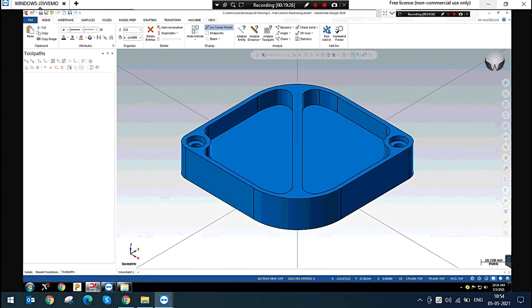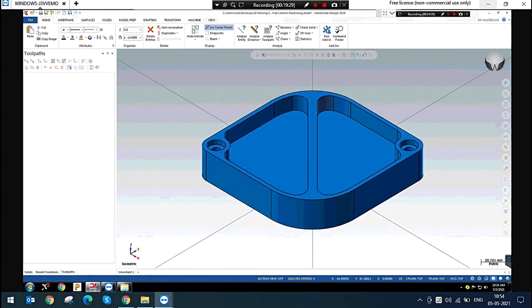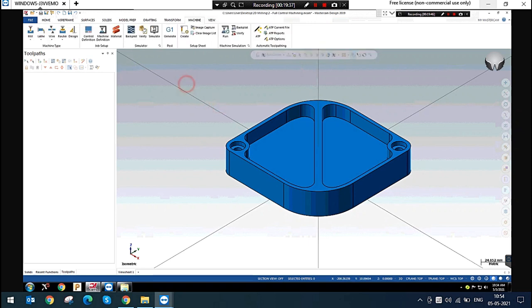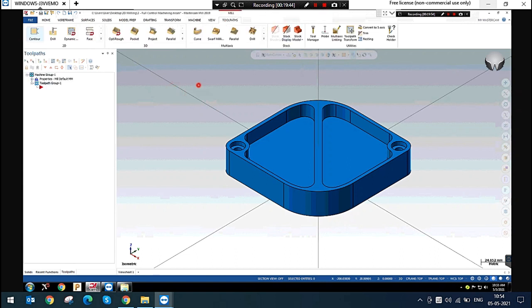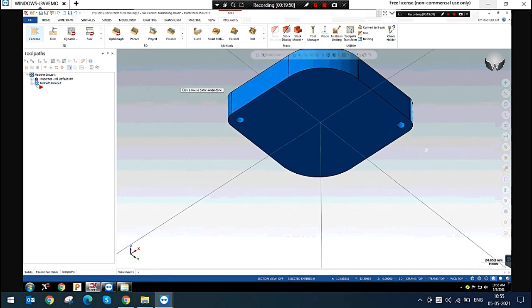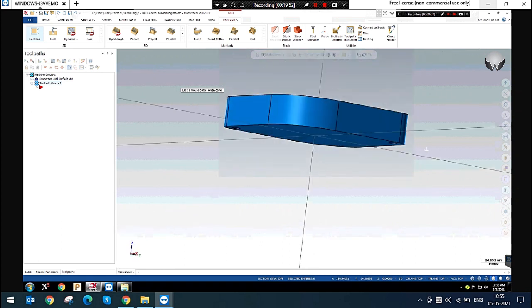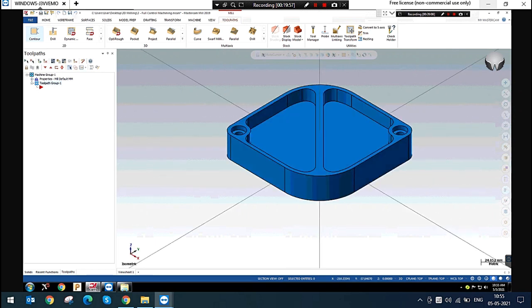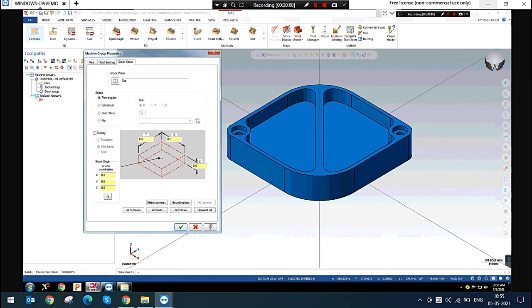Okay, so this is my model, brother. I have to run the outer side to remove the outer material. So how will we select, create our geometry and define the toolpaths? Now this is my offset at the bottom, right? My Z offset is at the bottom and X0 Y0 is the center of the bottom. Now I am giving the stock setup as all solids.